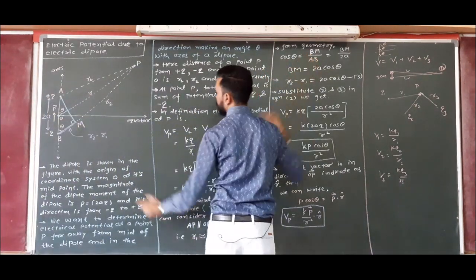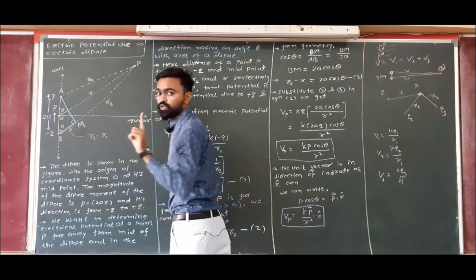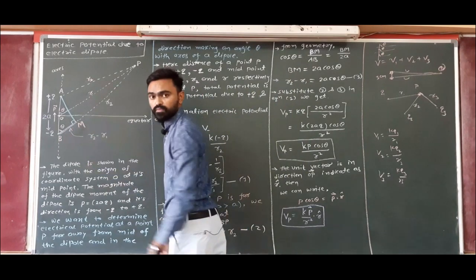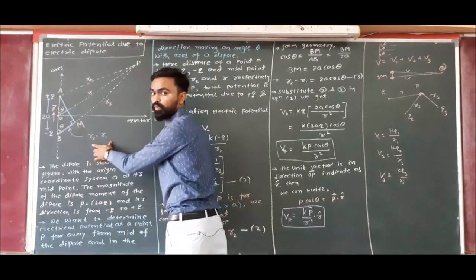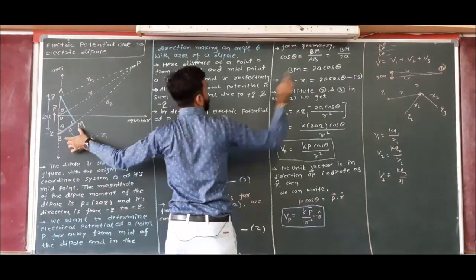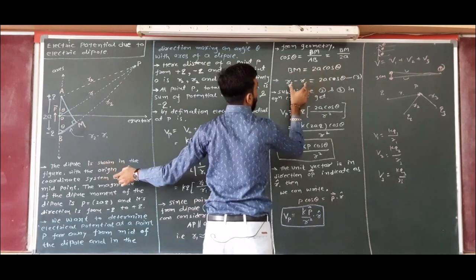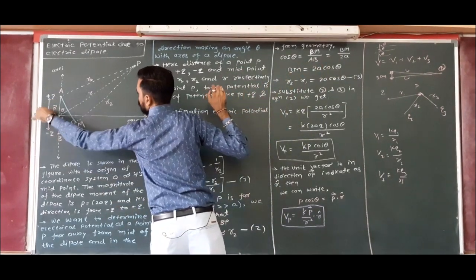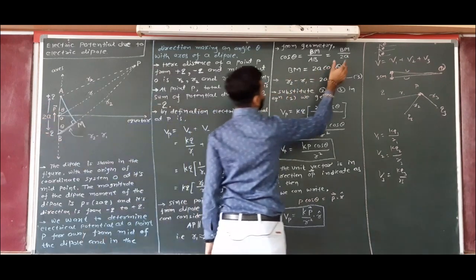Now what is Vm? We already solved this earlier. Vm is the difference between the two lengths, right? And we indicate it by R2 minus R1. So Vm is R2 minus R1 here. And what is AB? AB is equal to 2a. It's the length of the dipole. So AB is 2a.